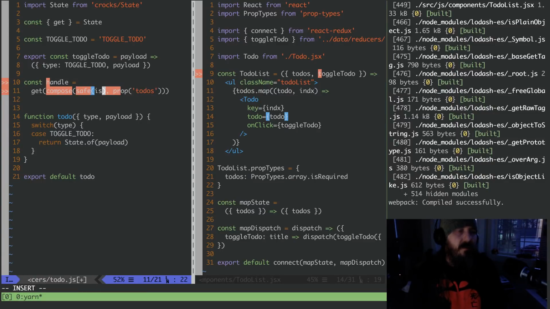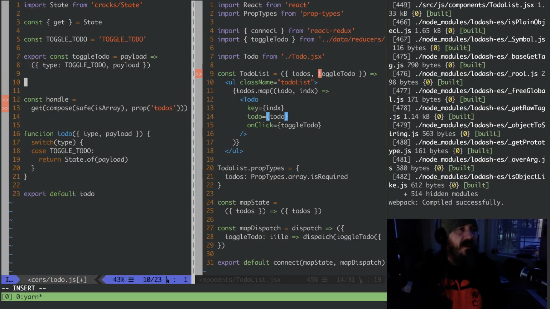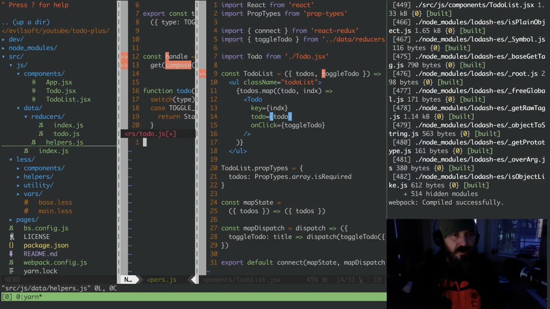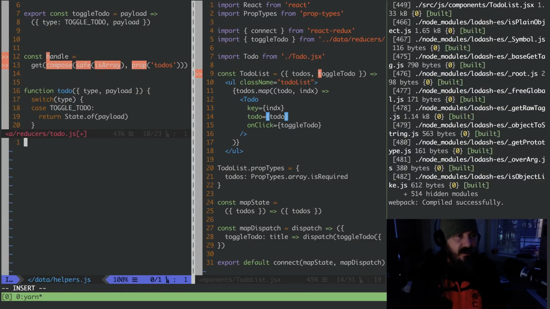We'll do isArray. Okay. And then we want to make a function here, or we'll make it inside of helpers. There's helpers. All right, so let's make a function in here and we'll call it prop array. We'll do export const, and we'll just call it prop array. And this will take in or ask for a key and then give us back a